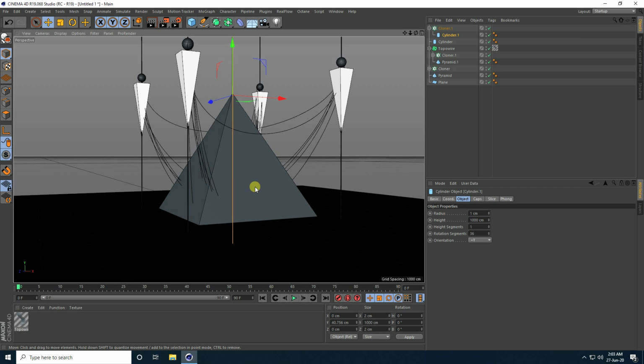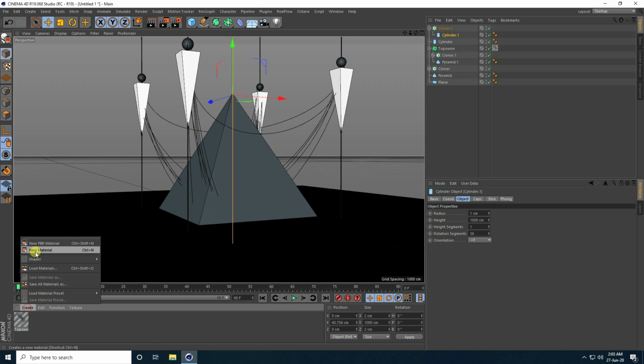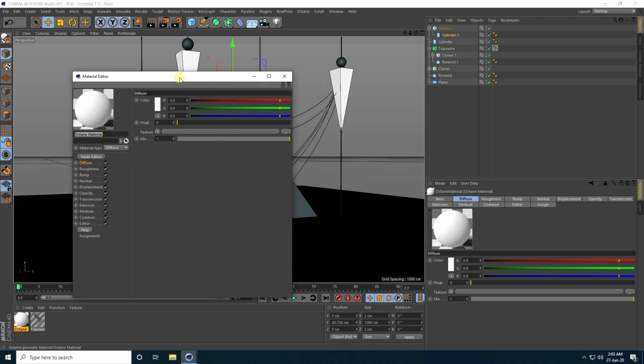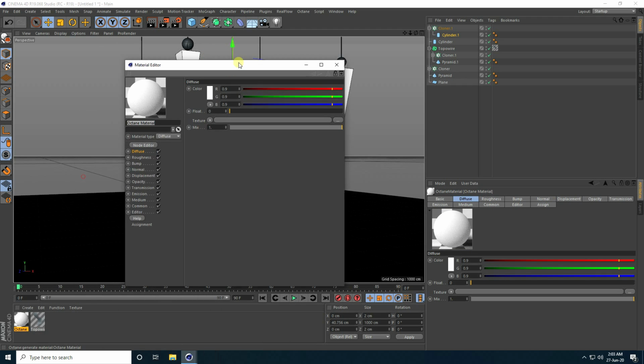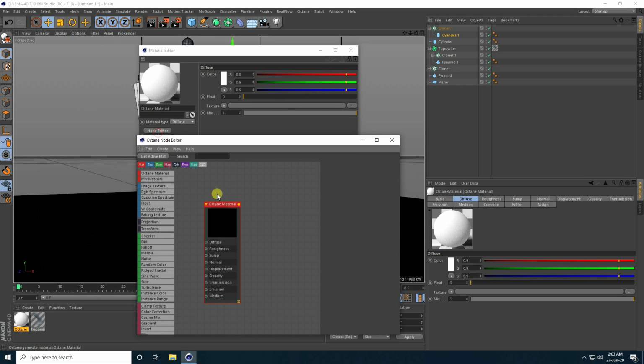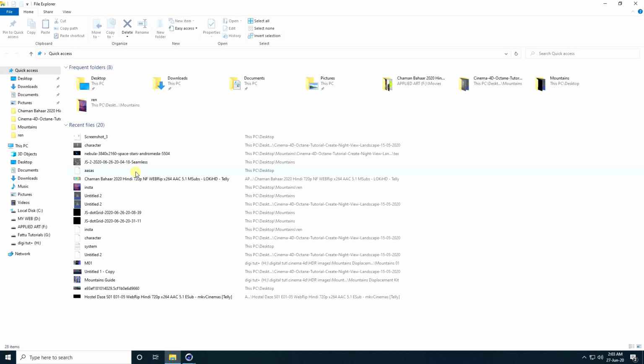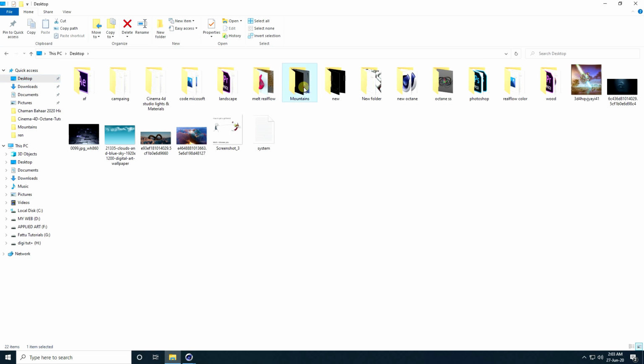Now I apply texture. So create a new Octane material, and open this material. Double click. Guys, I create the material for this one, the pyramid, in the node editor. I apply a displacement texture.